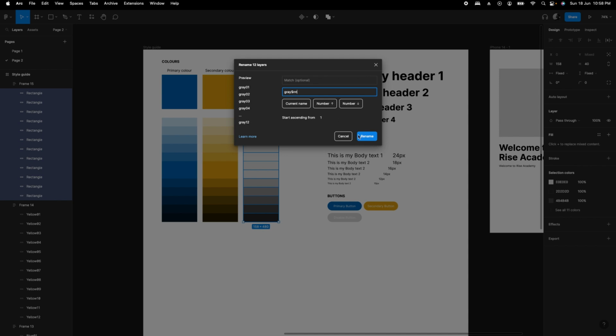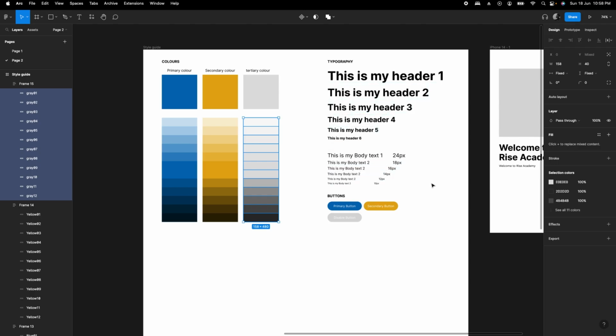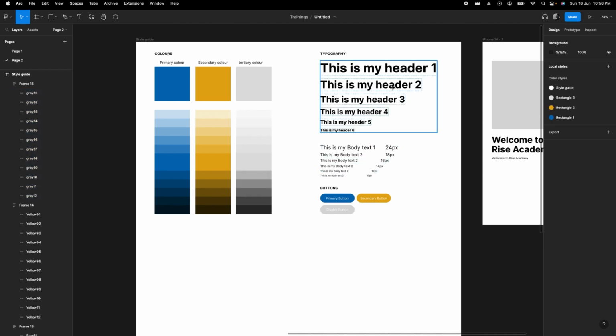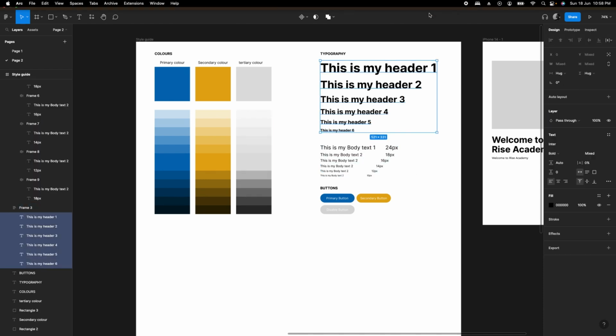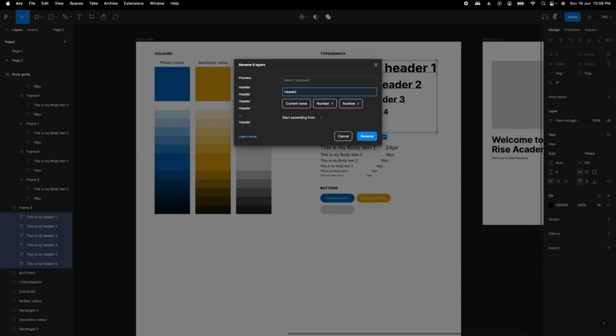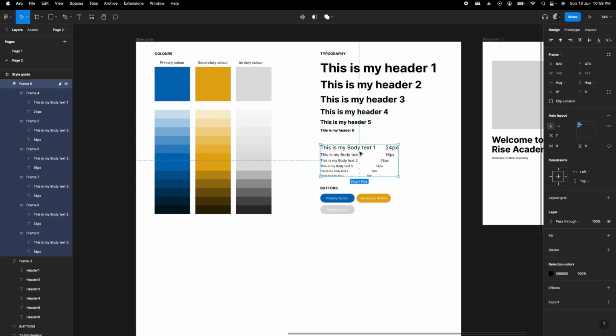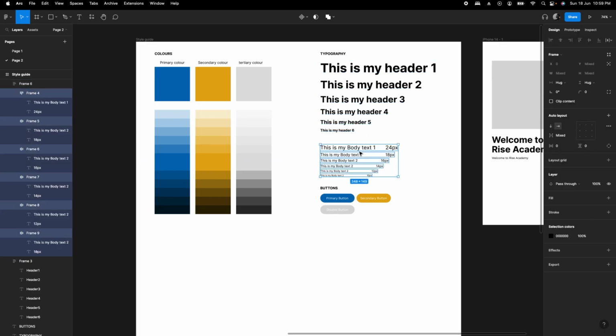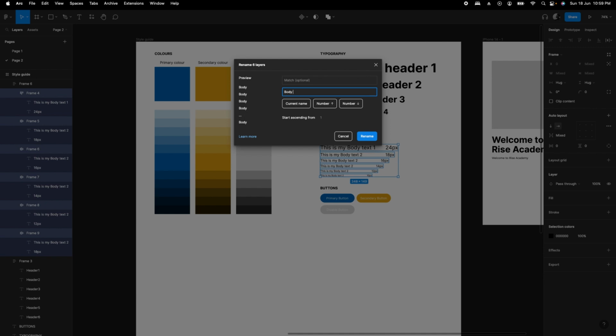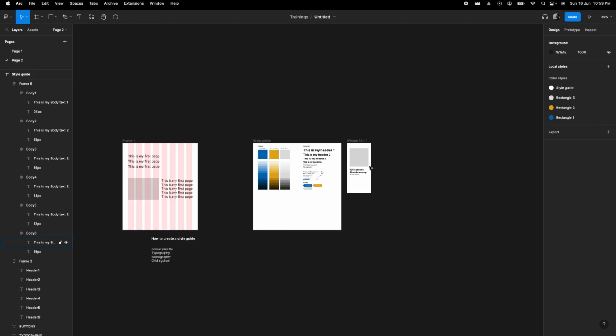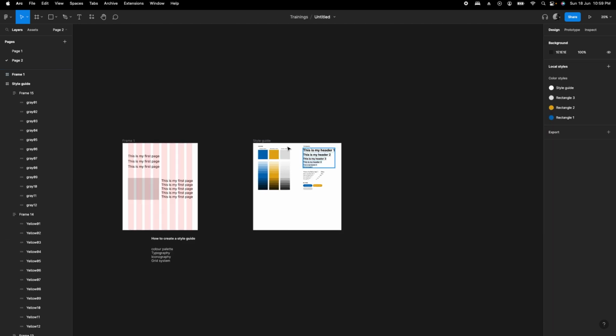and then same thing. Right now, you could also do the same thing for your header, and then Control arrow, name it header, and put the number. Okay, you could also do the same thing for your body, name it body, and put the number. Rename. Now once you're done with this, the first thing you want to do is